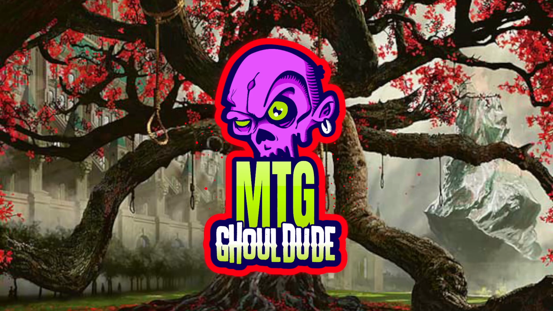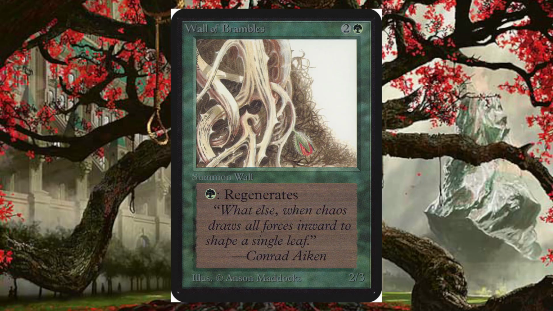This is MTG Guldude, and we're going to try the Digging Up the Past series of different tribes. We're going to do it a little differently. I'm going to try and remember to the best of my abilities where all of these came from, so hopefully I can learn and be a better and more knowledgeable Magic player when it comes to recognizing cards and sets. So without further ado, we're going to go all the way back to Alpha with the